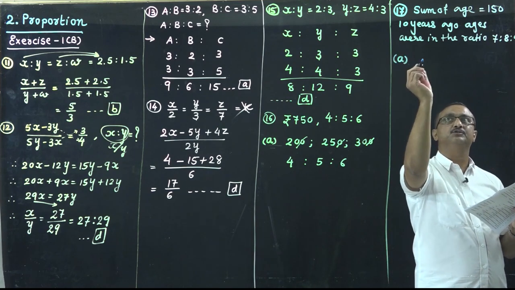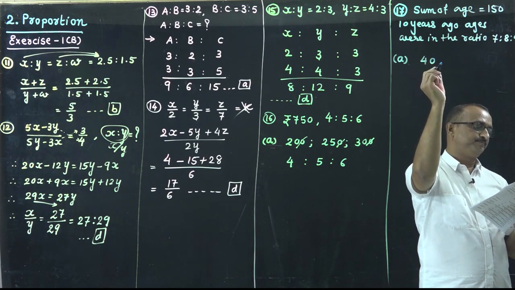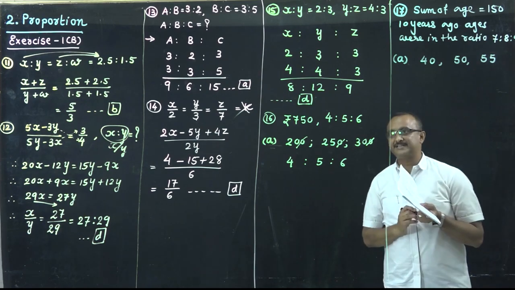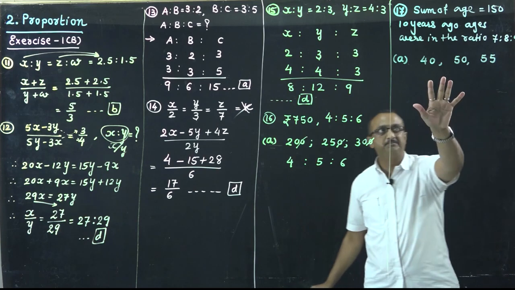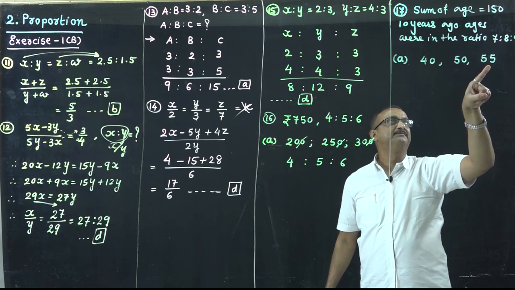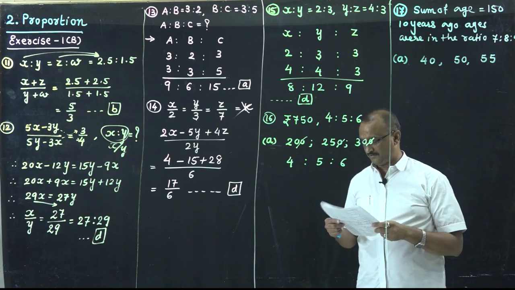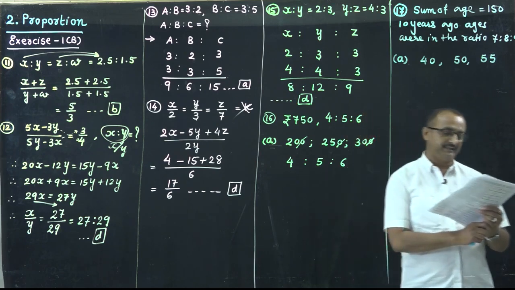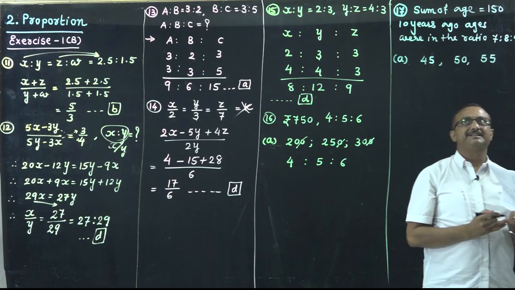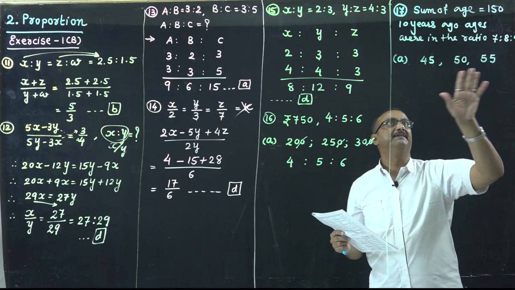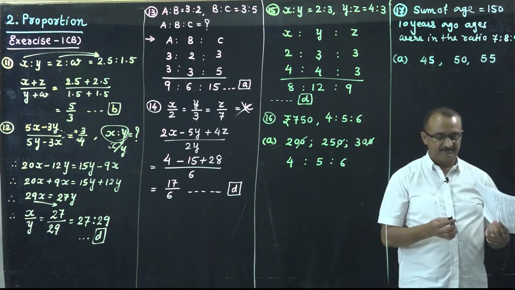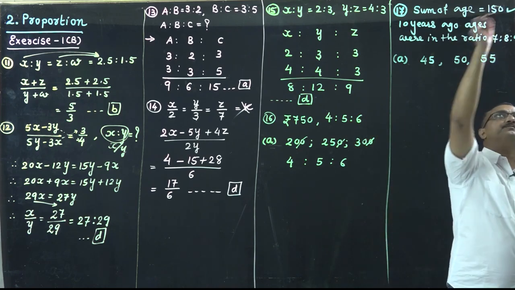1 by 1 આપણે પુટ કરતા જઈશું. ઓપ્શન એ ઇઝ ગિવન બાય 40, 50 and 55. ચાલો, first of all check out the total of age of these 3 persons is 150 years or not. 40 plus 50, 90. 90 plus 55, it is not, wait. So instead of 40, 45 is given. Okay, now check the total. 45 plus 50 plus 55 is equal to 150. So our first condition is satisfied here.